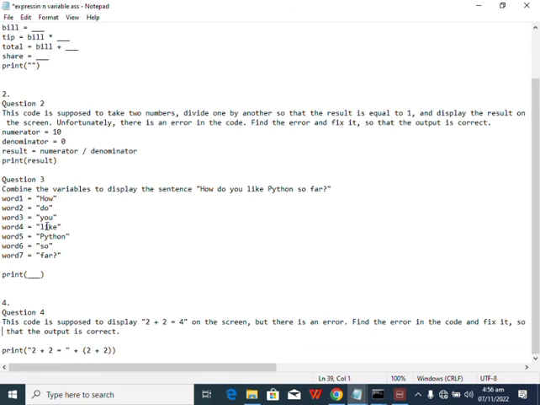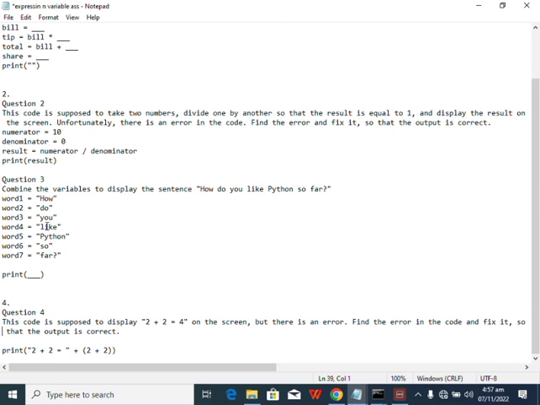Okay, let me do it. That's implicit conversion. Number 3, I can't access it. Let me just quickly do it. Don't use comma, use plus to concatenate. I only gave you a hint on it here. Watch the last one. Read the question for that last question 4. This code